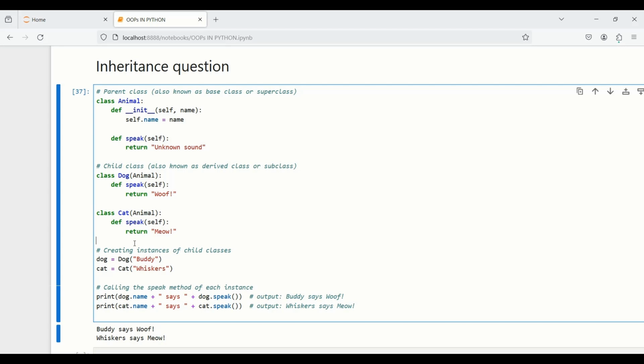Okay guys, now we will understand this code, what this code says. This Python program demonstrates inheritance, which is a key feature of object-oriented programming, OOP. Here's a breakdown of what the code does. Animal class. So here is the animal class. This is the parent class or base class. It has an init method that initializes an instance of animal with a name attribute, and a speak method that